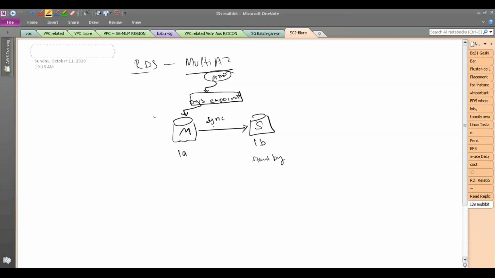This secondary is in synchronous replication. It is not in asynchronous replication. It is in synchronous replication in multi-AZ, but it is standby. That is, you can't connect to the secondary. If RDS detects a problem with this, either an instance problem, because at the back end it is actually an EC2 instance and all that stuff,